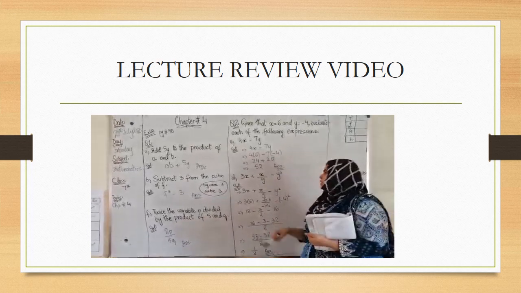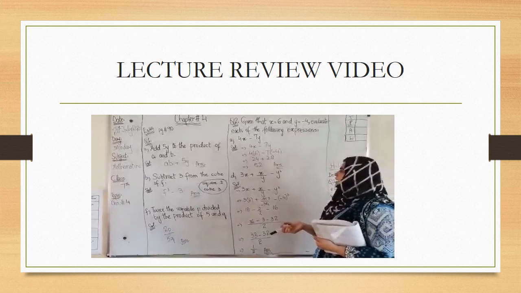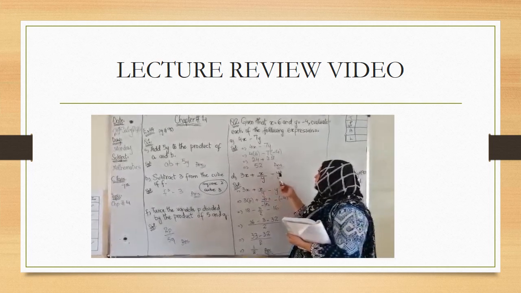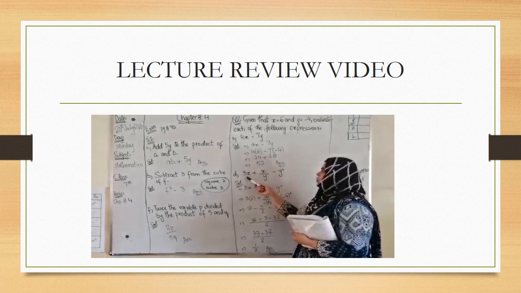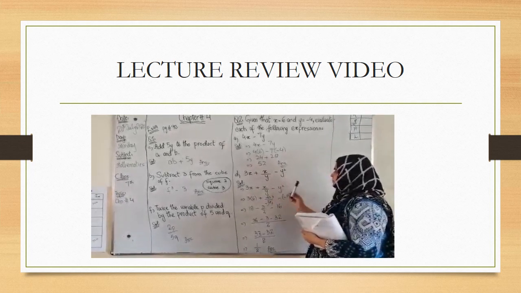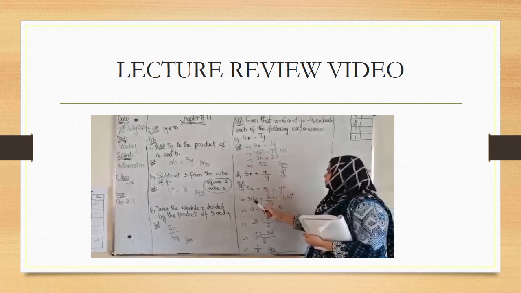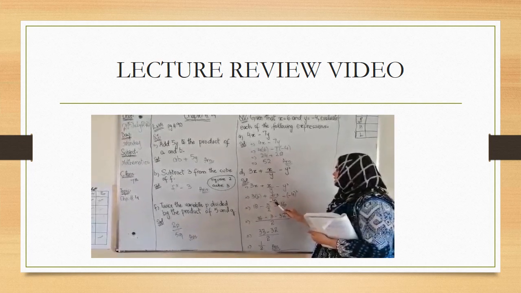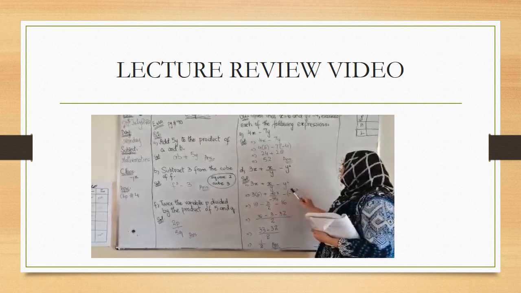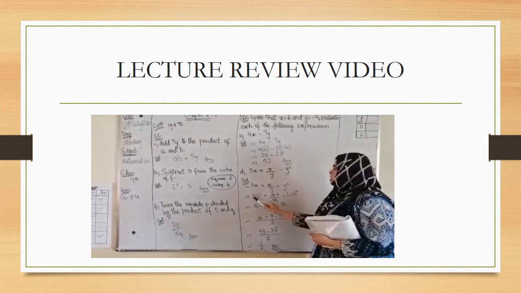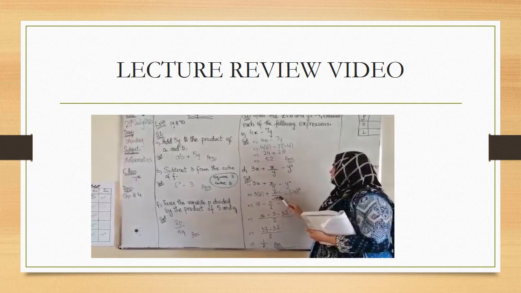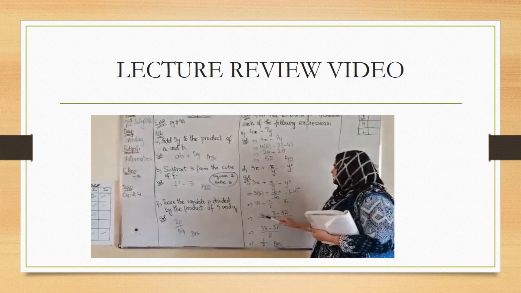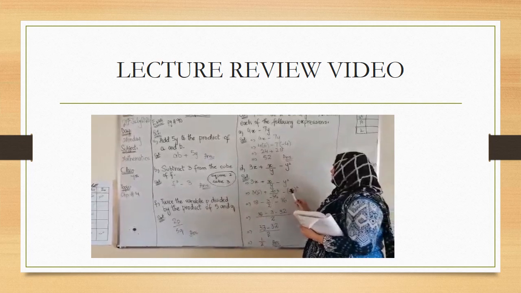by your own self. We are moving to part B, that is 3x plus x divided by y minus y square. We have to put the values of x and y. Instead of x we are writing 6, and instead of y we are writing minus 4. 3 sixes are 18, 2 twos are 4, 2 threes are 6. Minus plus minus is minus, the answer is 3 over 2.